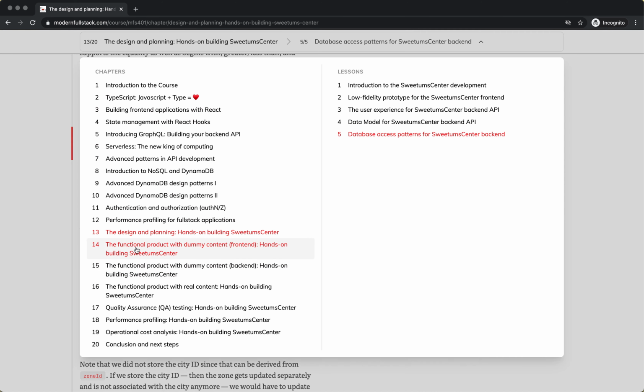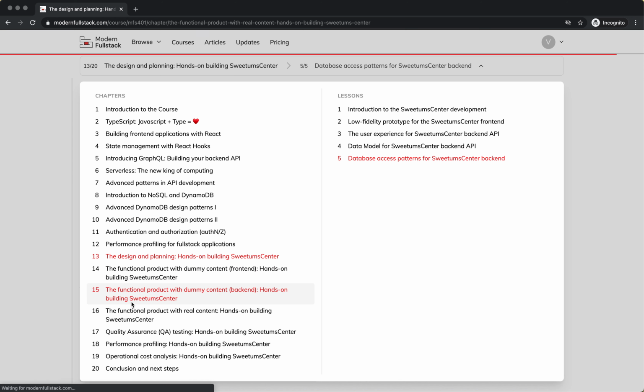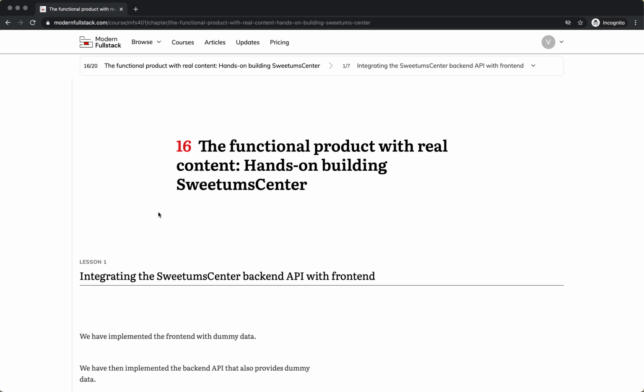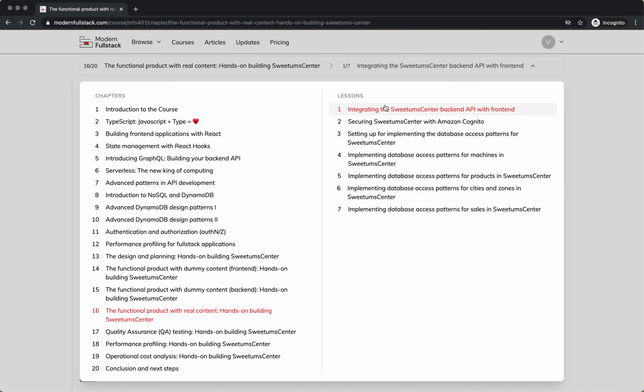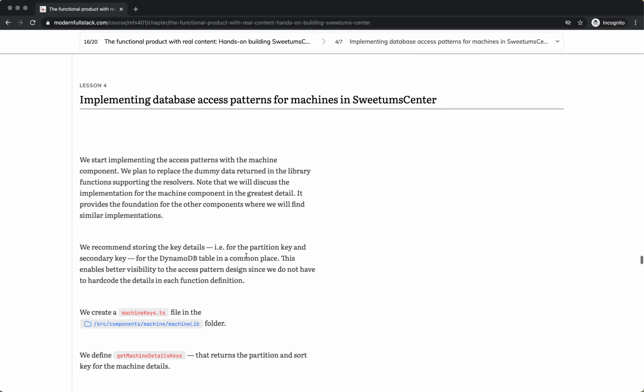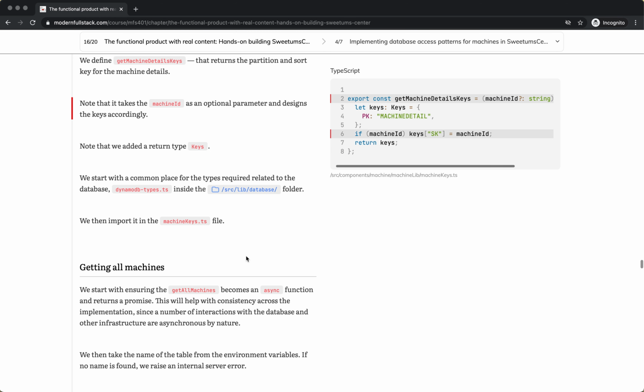So I will not go through, for example, 14, 15, 16, where we actually build those products. For example, let me just open 16 for a second. So here we are actually building the product with real content, which means that we actually integrate the backend, we actually secure it with Cognito, we set up the database access patterns. So in this case, for example, it's a large chapter, so you can see we highlight the code, we build this, we show the structure of the code as well. For example, when we set things up, if we go a little bit up there,